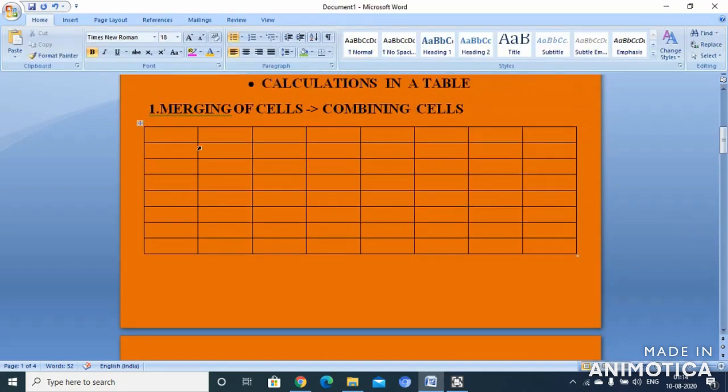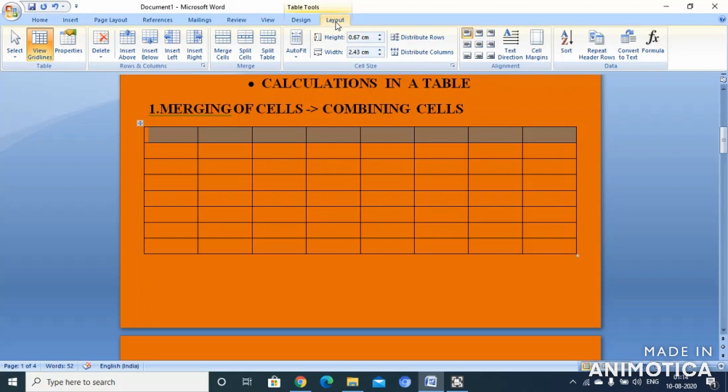Clear? Children, now as per the topic, let us understand what is merging of the cells. Suppose I select the first row like this with the help of the shift and arrow key. After selecting the first row, I will move to the Layout tab. From the Layout tab, I will click on Merge Cells. See here, there is no row, no column, everything is joined at one place.